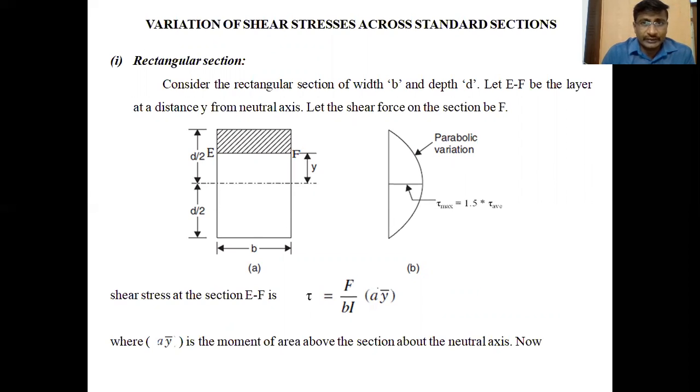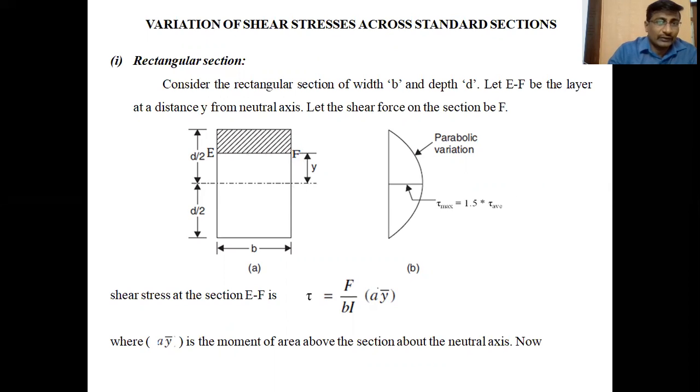Variation of shear stresses across standard beams or standard sections. Let us take the first standard section, a rectangular section. Consider a rectangular section of width B and depth D. Let EF be one of the sections we are considering. This is the EF section, which is at a distance of Y from the neutral axis. This is the neutral axis. We are considering the EF section at a distance of Y, at which we are going to calculate the shear stress